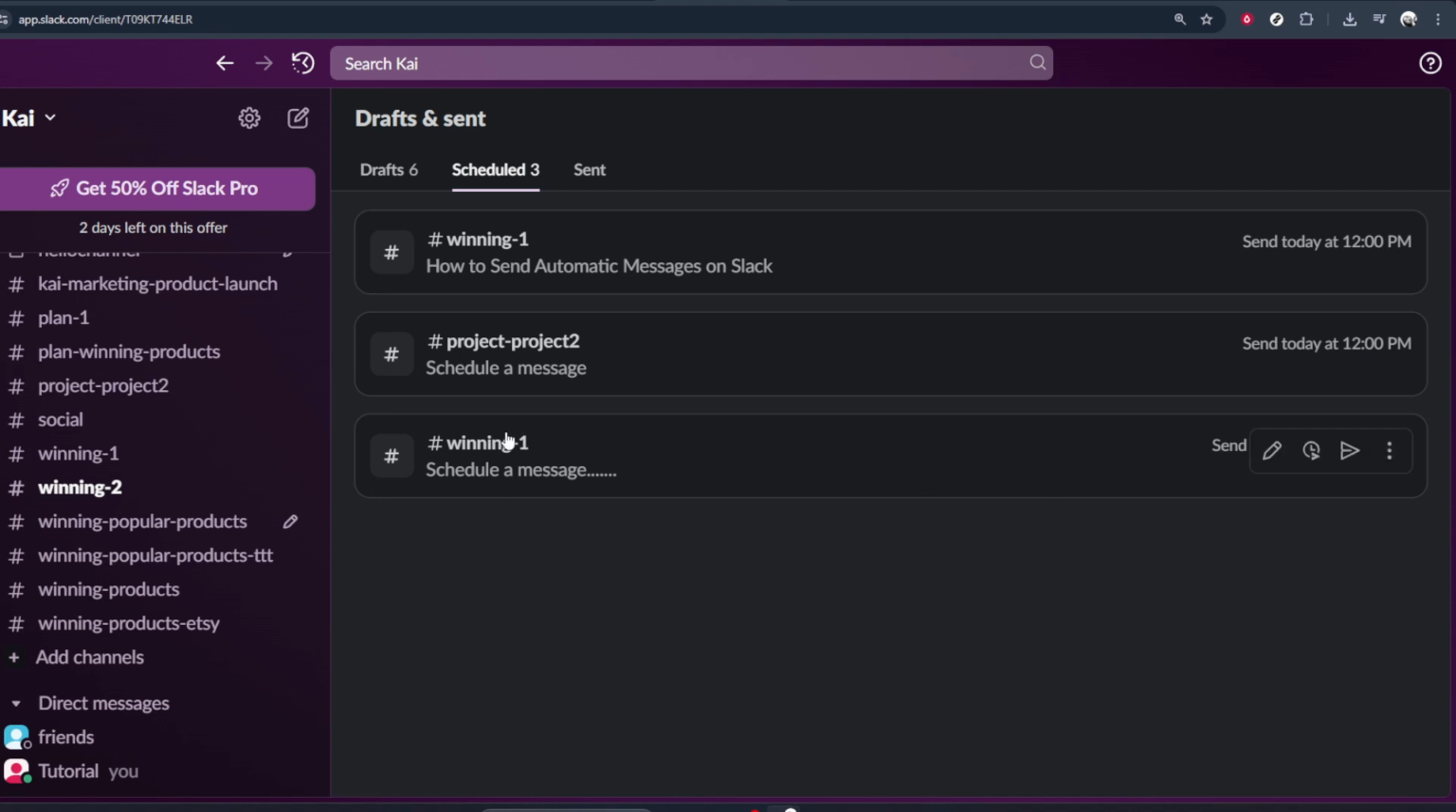And that's it. By following these steps, you can effortlessly schedule messages in Slack, allowing for better communication planning and